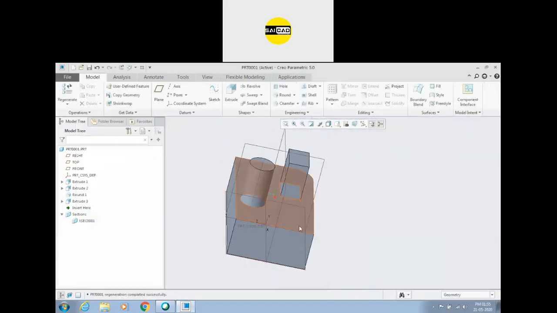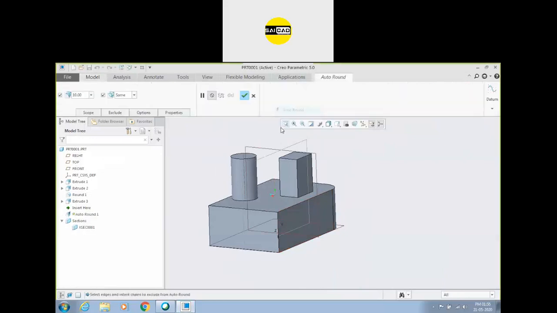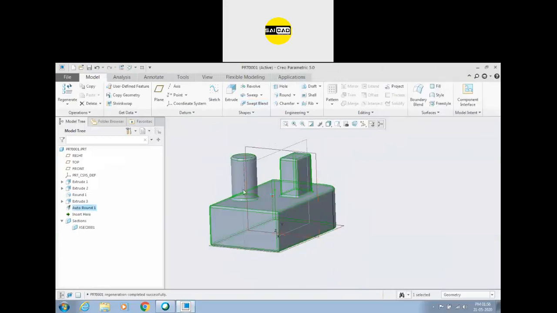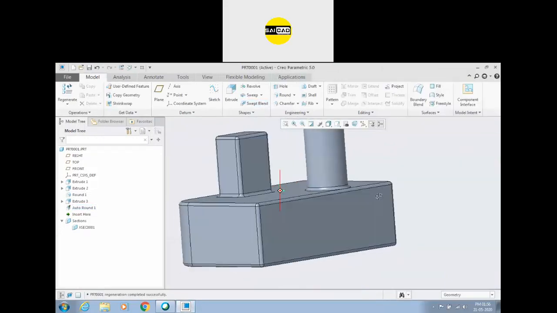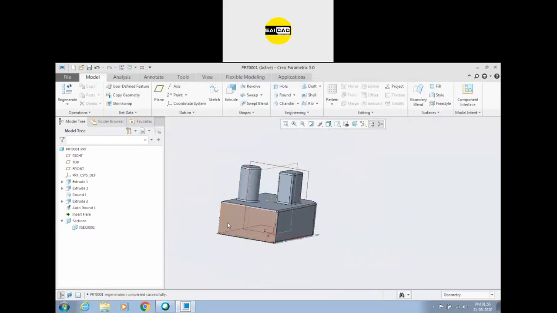Auto round means everywhere you can apply the fillet by just selecting the radius, click OK, and the round will be created everywhere. Okay, you don't have to select the edges, it will be created on all the edges.